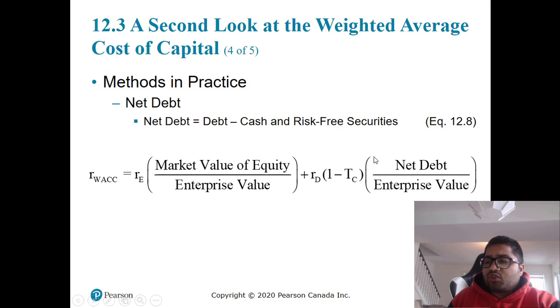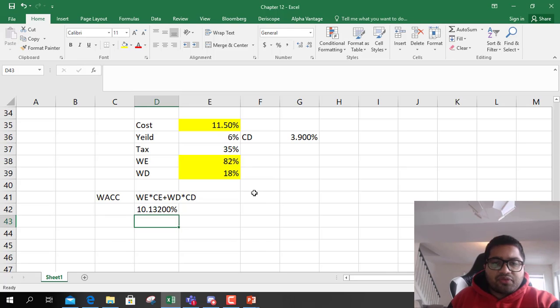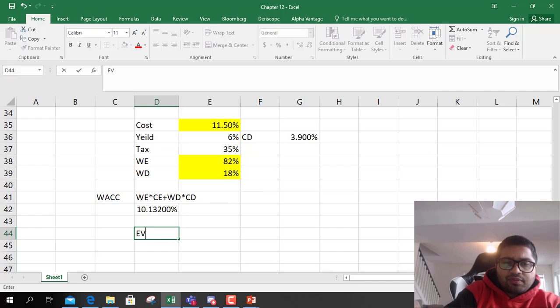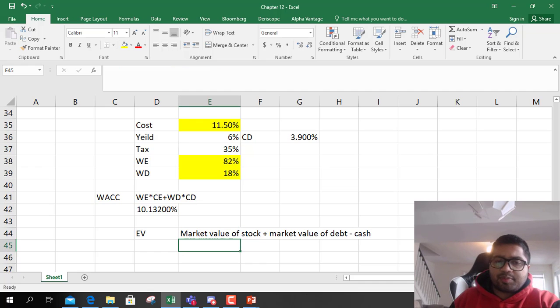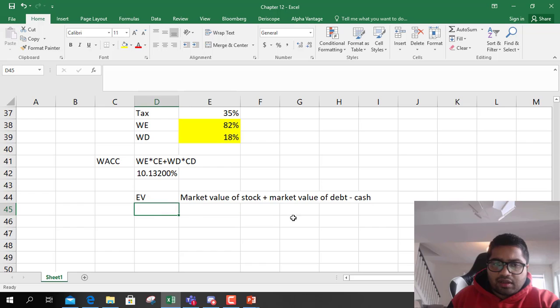In practice, we do not use total debt, we use net debt. We use enterprise value as the denominator, not the total capital. Now, if you remember, enterprise value is nothing but market value of stock plus market value of debt minus cash. This is enterprise value. So how do we use enterprise value to calculate